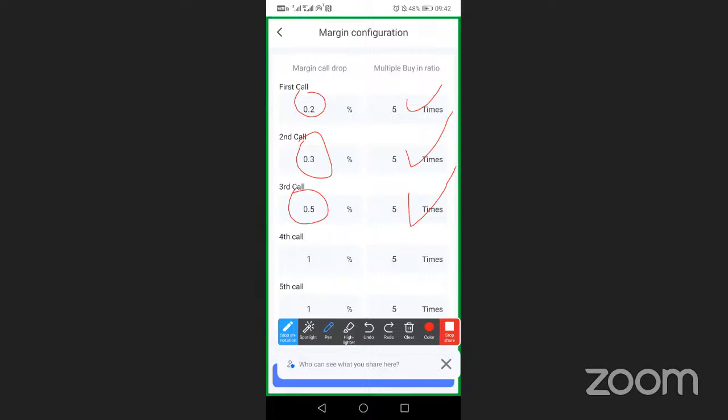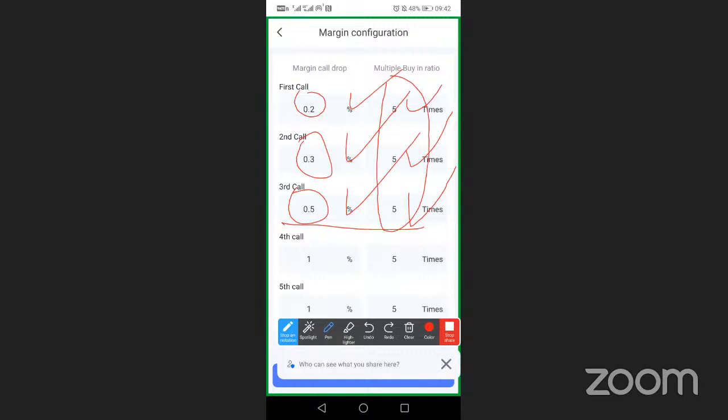So I'm saying, if you are a busy person, don't switch off the AI margin call. Trade with the AI margin call on. All right? So allow the robot to buy the first call, the second call, and the third call. Let the robot put in this money.